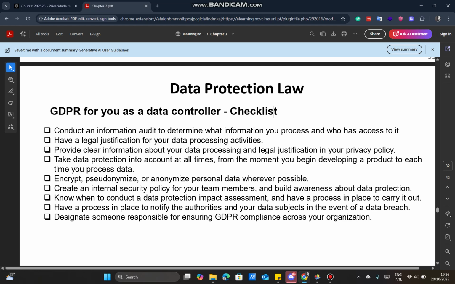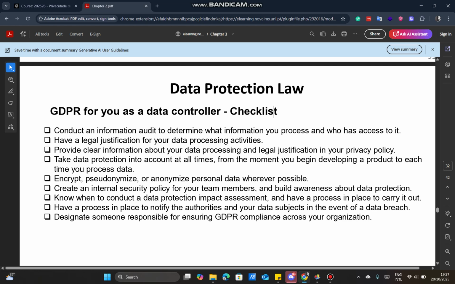For data protection, you need to take data protection into account at all times, from the moment you begin developing the product to each time you process the data. Okay. And I remember the doctor mentioned something about this in the class, like security by design, whereby you consider design from the earlier stage of whatever you are doing. Okay. So also encryption is